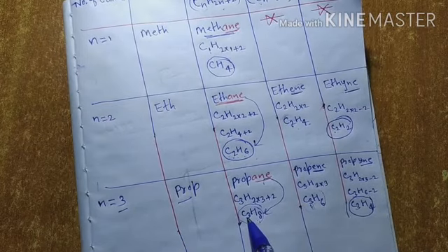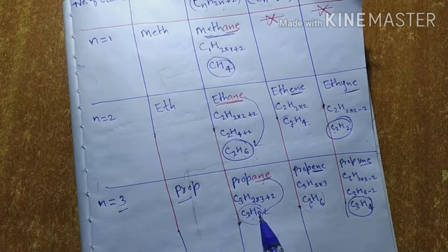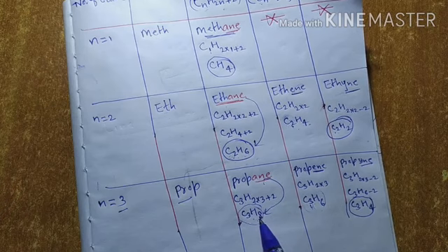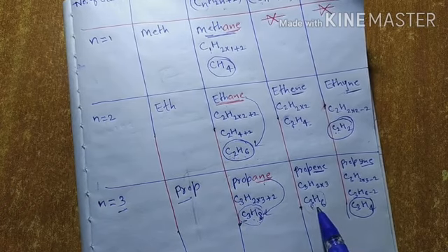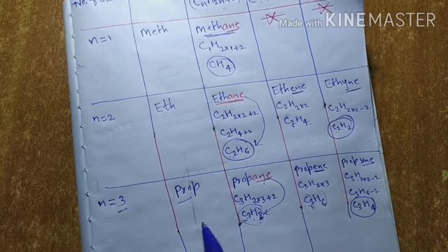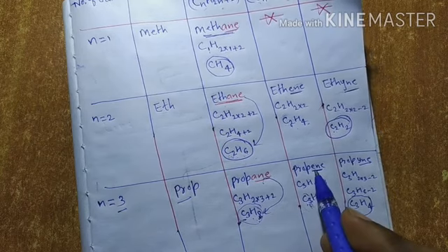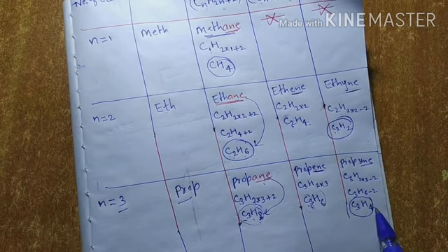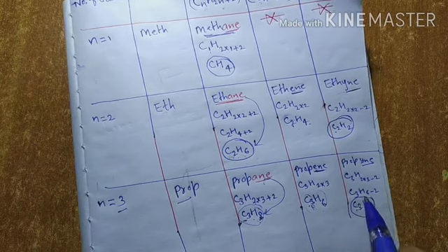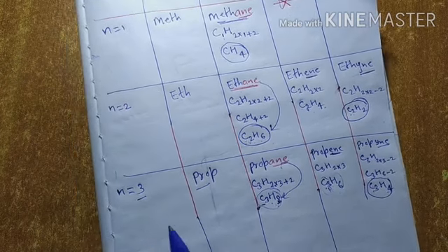Listen, 3 times 2 is 6, 6 plus 2. 2 hydrogens are extra, since the carbon is 3, that is propane. If it is just double, but the carbon atom is 3, so you will simply say prop, and the suffix ene will be used, propene. If it is just double minus 2, 3 times 2 is 6 minus 2, that is propyne. So I will speed up now.